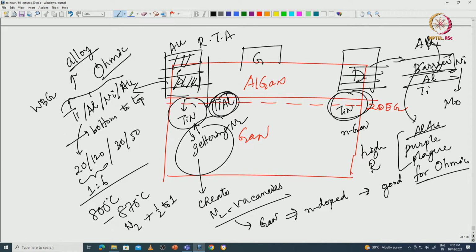But that being said, people have done transmission electron microscopy and they have found that gold exclusion zones can also be found below the contact. Still ongoing in study, but gold helps in reducing the contact resistance, is something that people have realized experimentally. So, this is the ohmic stack, and when we are at the ohmic stack, what is the typical contact resistance